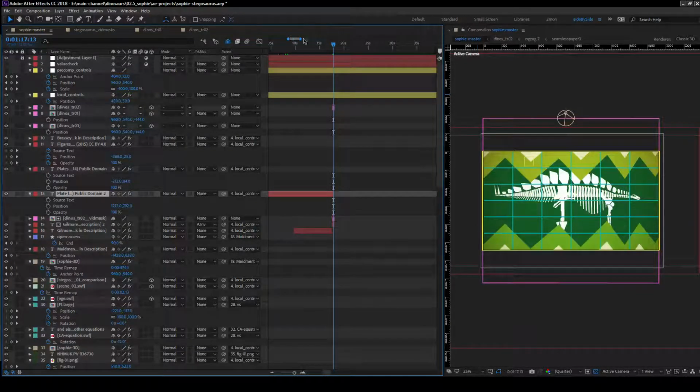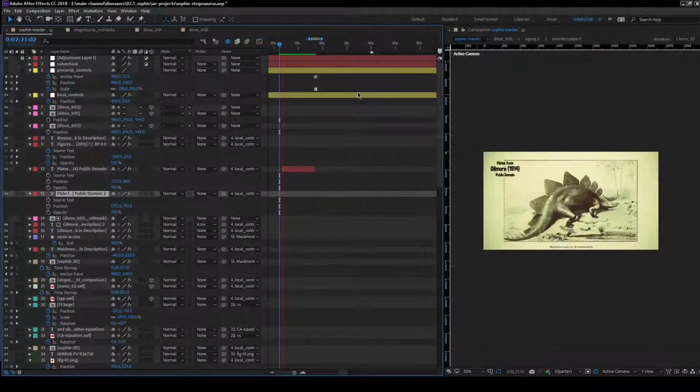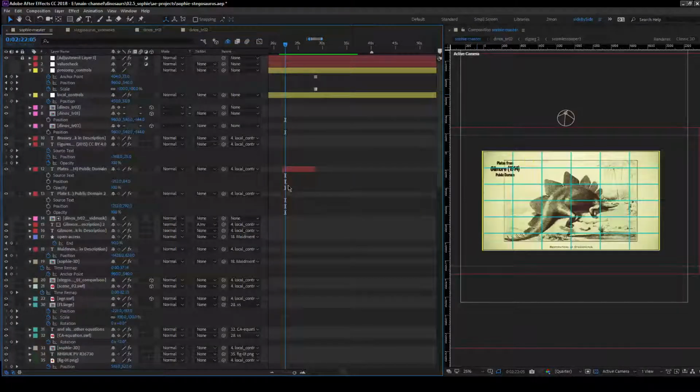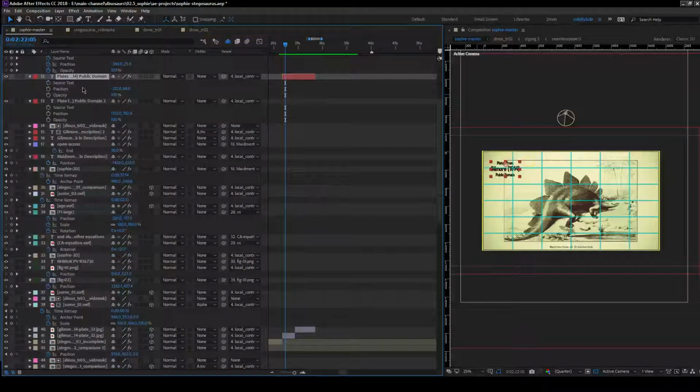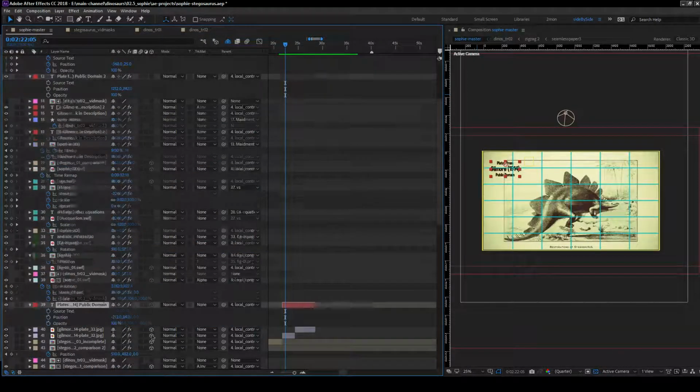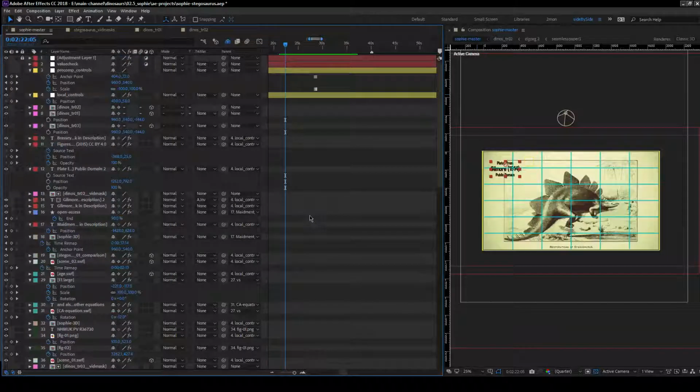That's cheating, but again, not going to sweat it too bad. Here is where we need some transitions. I'm actually going to put this down here so that I remember that it's there. And then